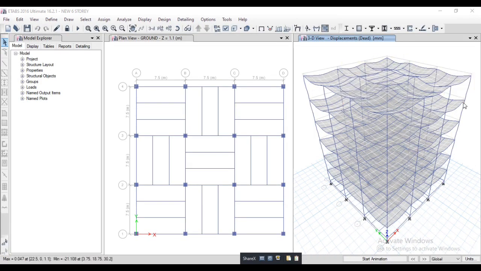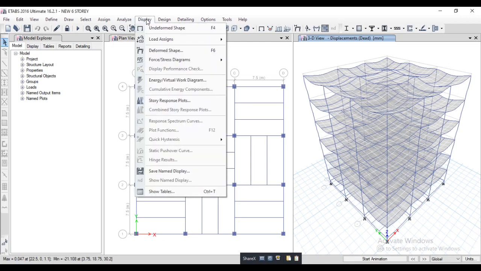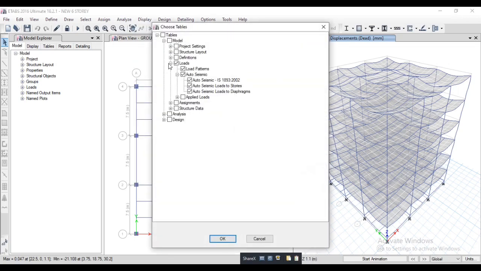For this, go to display, show table, and tick here on load, auto seismic, and tick all the load here. Then go to OK.